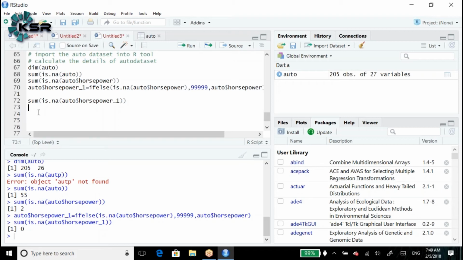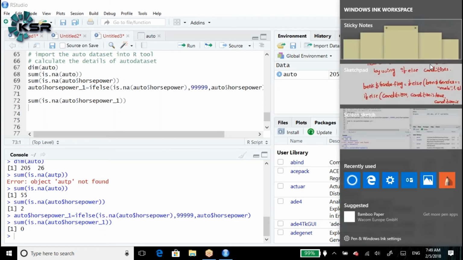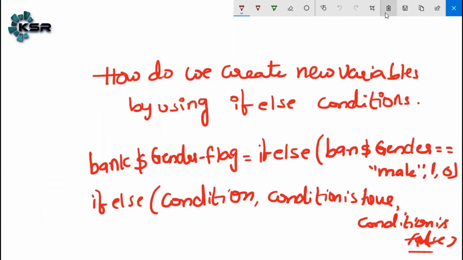Now let me give you one small example related to the ifelse. How many conditions are we writing in an ifelse? One condition, right? I mean one ifelse. How do we write a nested ifelse condition?